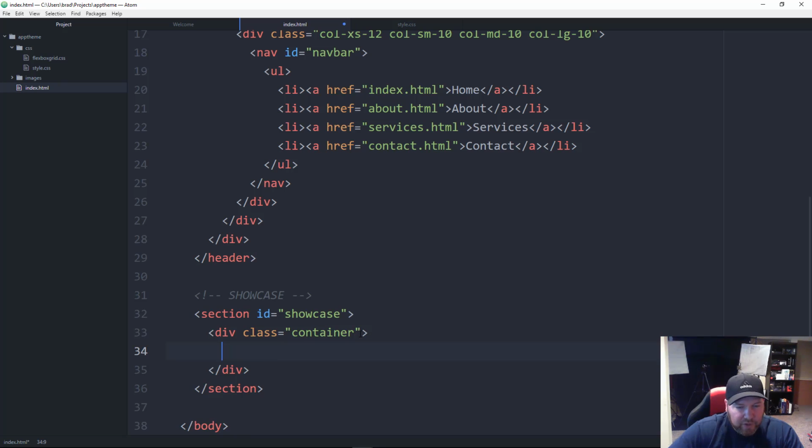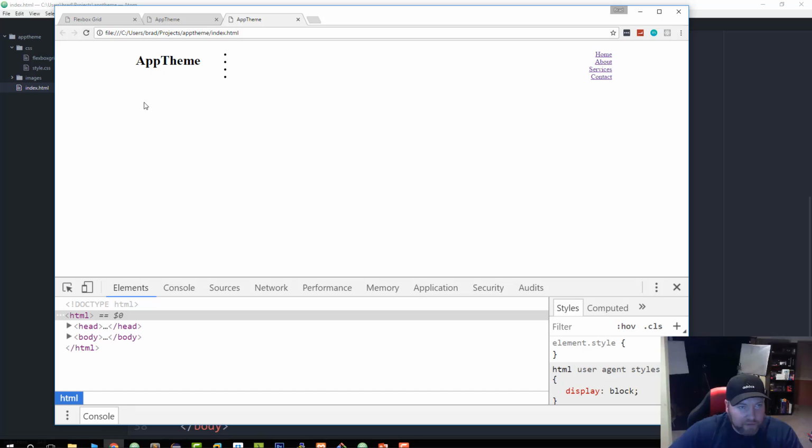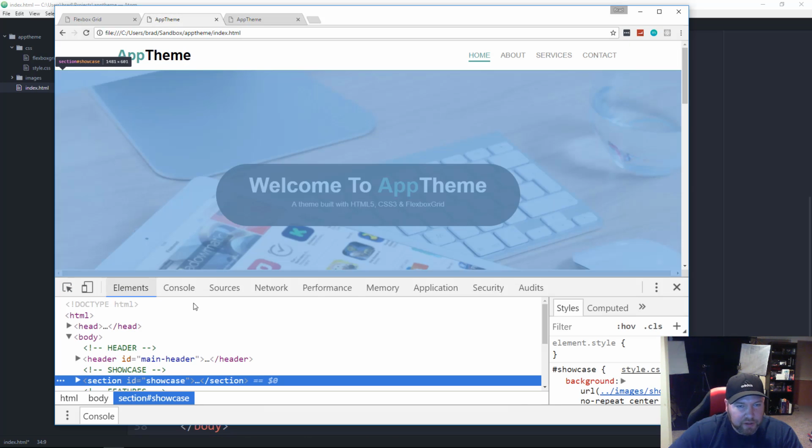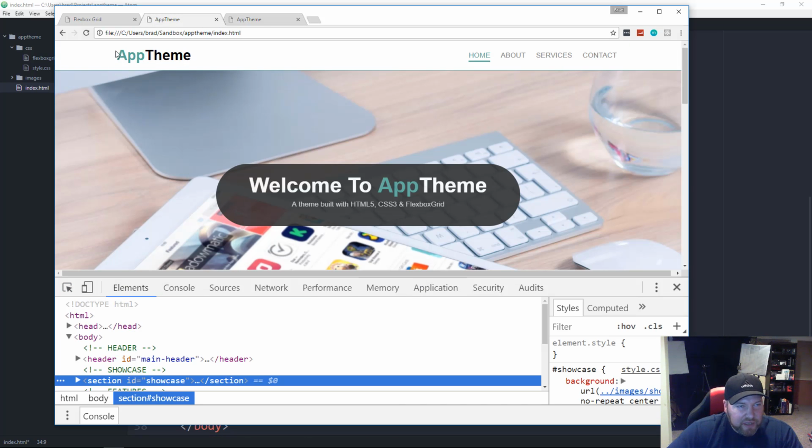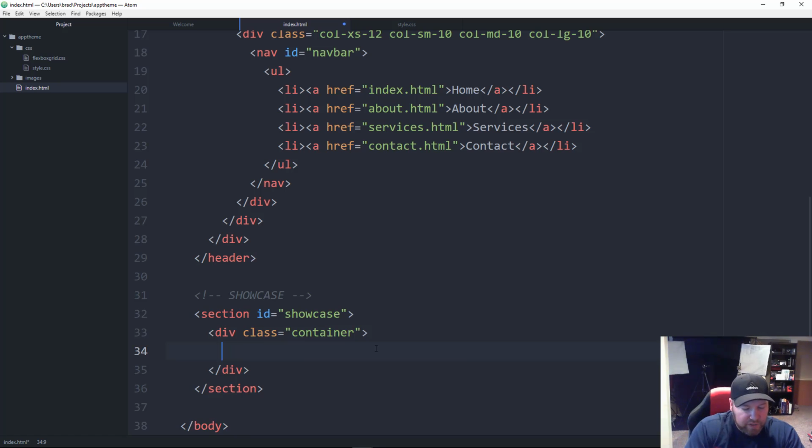Now, the reason I don't put container before showcase is because if we look at the final template here, the container keeps everything in here, okay, from here to here. And the image, we want it to span across the entire thing. If we added the container around the showcase, where we're going to put the image, it would end right here, and I don't want that. Alright, so in here, let's put our row,